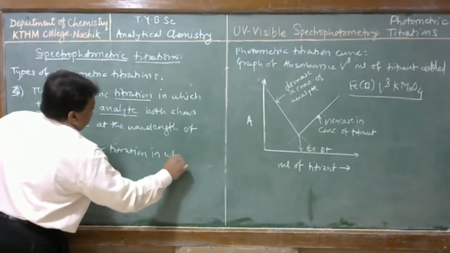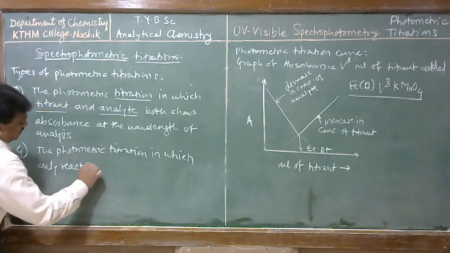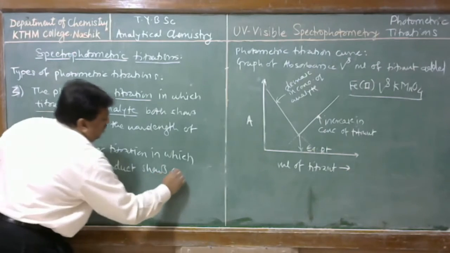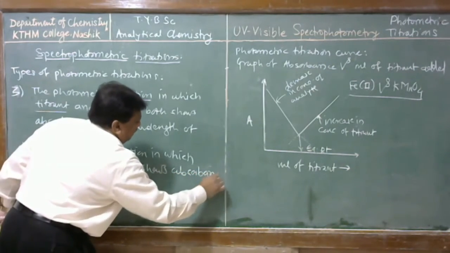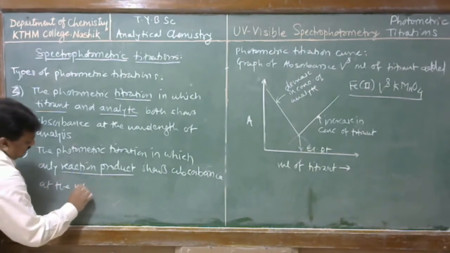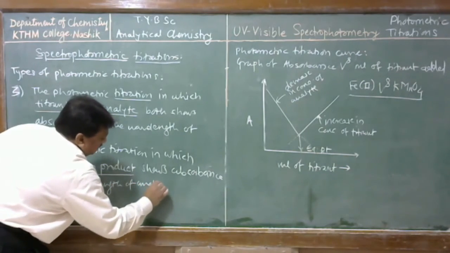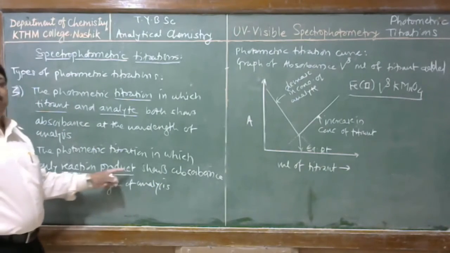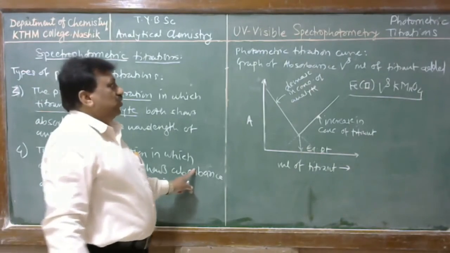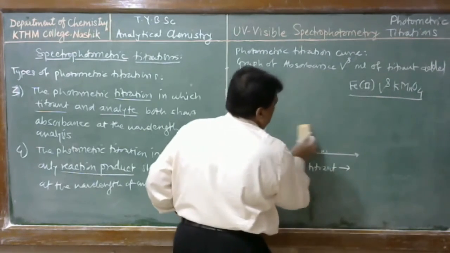Now the fourth type of photometric titration is one in which only the reaction product shows absorbance at the wavelength of analysis, while the titrant and analyte are both transparent at the wavelength of analysis. Only the reaction product shows the absorbance. Then, the nature of the photometric titration curve for this reaction: